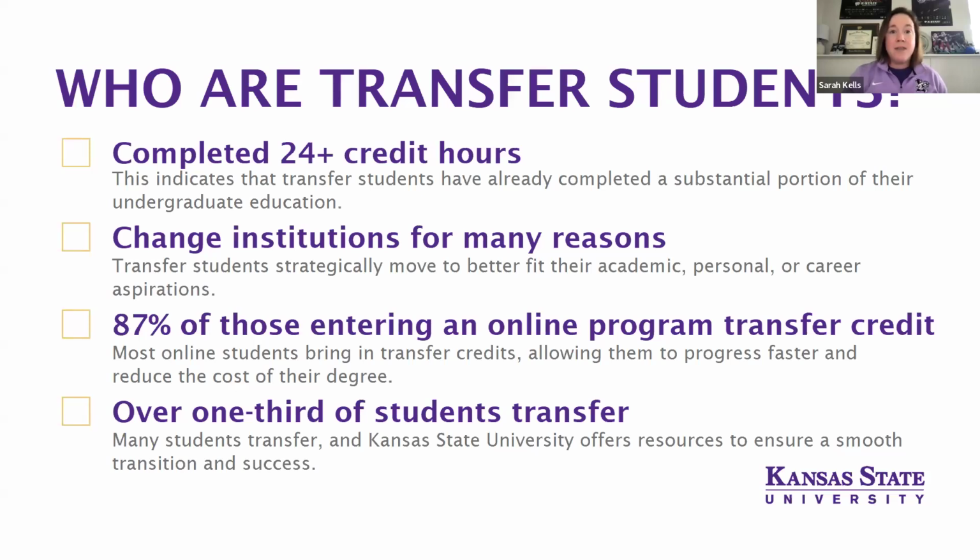Maybe sometimes they might be getting some more financial aid or scholarships at a different school. Sometimes maybe it's a school has their major that they're looking for. Not always does a school offer the major that they're looking for. And also, it might also be a personal reason. Maybe they have a closeness with that school. Maybe that school just feels right to them. So there's a lot of different reasons why students change institutions.